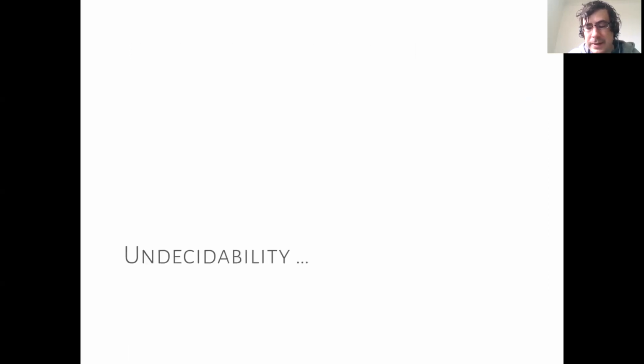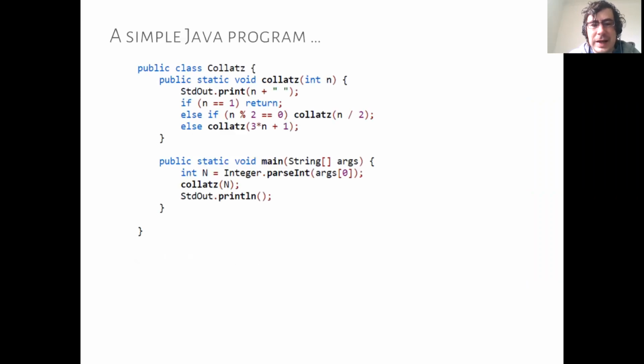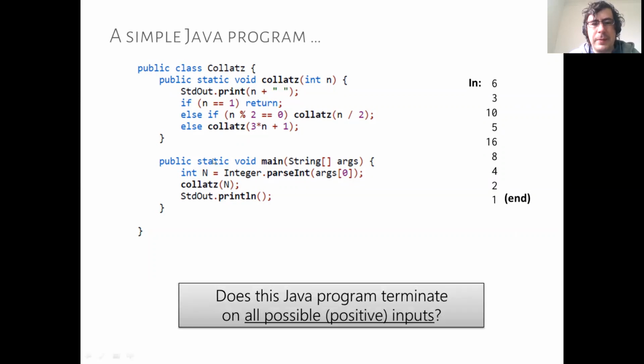How can we implement unsatisfiability? And what we said is that it's an undecidable problem, and we mentioned the Collatz conjecture, which is this notion that this type of Java program, there's a conjecture that it will terminate no matter what input is given here. So essentially, we multiply odd numbers by 3 and add 1, and we divide even numbers by 2. And for all of the known values that we have, we know that it returns to 1, for the positive integers.